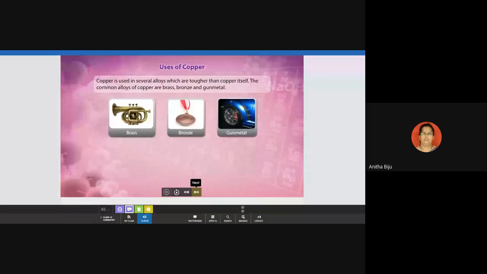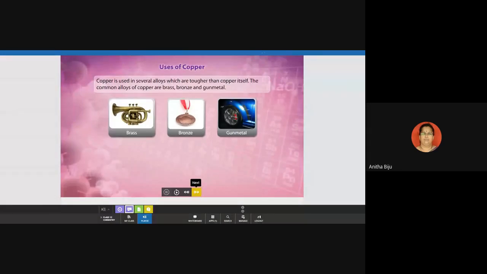Two alloys you have to remember, very important. Brass and bronze. First of all, brass. Which are the components of brass? Copper and zinc. Copper is the major component, near about 80%. And the rest is zinc. Next alloy is bronze. It is also an alloy of copper. Copper and tin. Symbol of tin is Sn. Again, in this case, 70 to 80% copper and the rest of the percentage is tin.